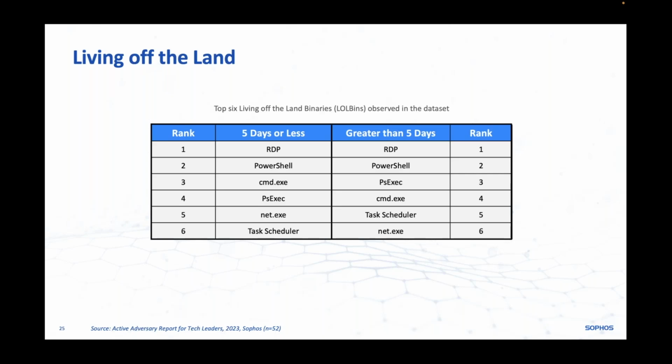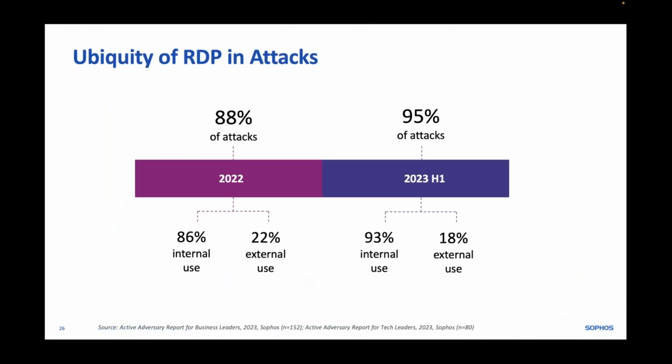And you'll see that these are regular day-to-day IT tools. So these LOLBins, or living off the land binaries, these are popular tools that the cyber criminals will use against organizations. So it's really interesting to see what those modes of attack actually look like. And one of those in particular I wanted to highlight was RDP, because we still see a large number of attacks, in fact, an increasing number of attacks utilizing RDP, either to get in from the outside world or increasingly to move around internally once you're into the estate.